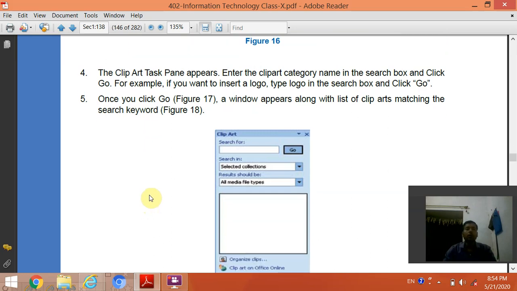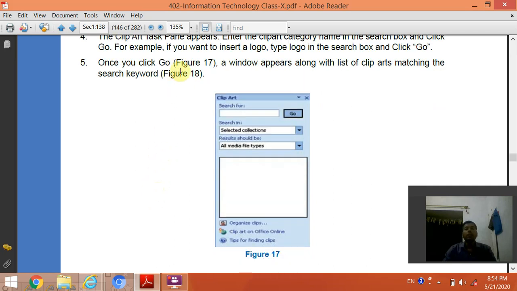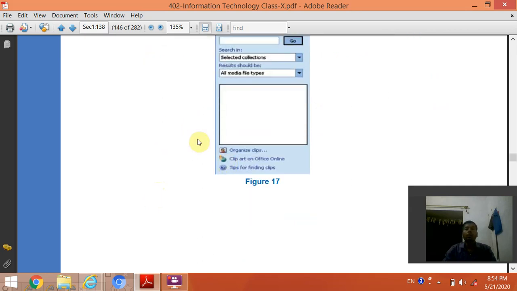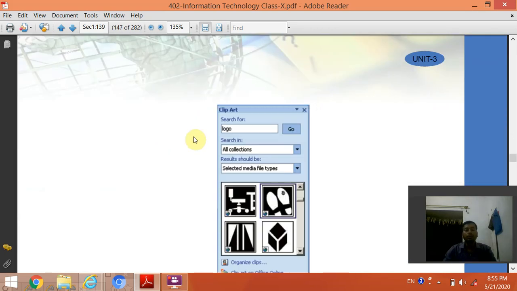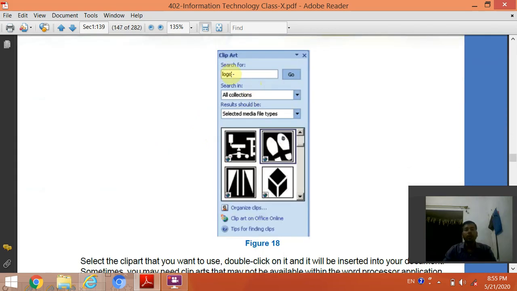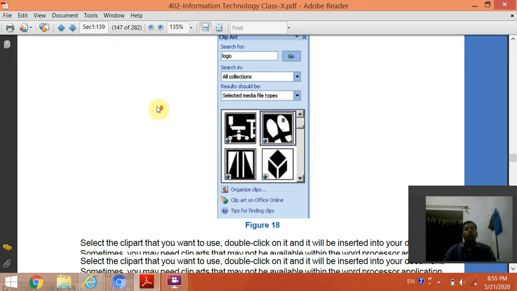Step 5. Once you click Go, a window appears along with a list of clip art matching the search keyword. जो भी आपने सर्च किया है उसके अकॉर्डिंग आपके स्क्रीन में बहुत सारे क्लिप आर्ट पिक्चर्स इंसर्ट हो जाएंगे. Here I searched the logo, and all types of logos are available on the task pane.